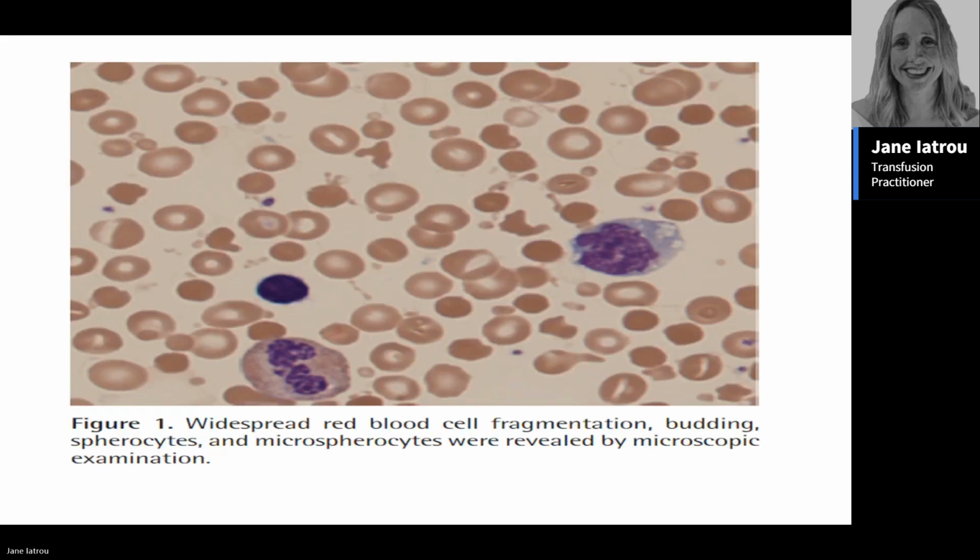This is a slide now of a 57-year-old man that was brought into A&E following a house fire. He was severely dehydrated and he ended up arresting. We did a full set of bloods before he arrested, and we found his hemoglobin to be normal on the analyzer, but his platelet counts were